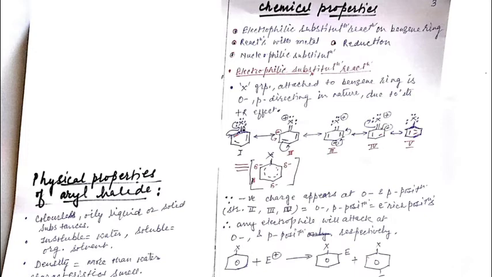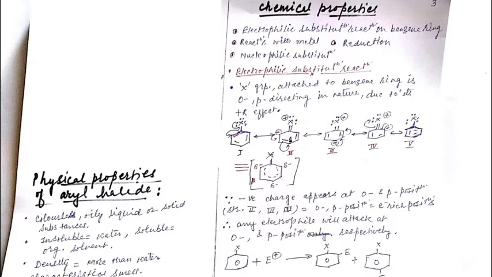Since the resonating effect of halogen is lesser than the resonating effect of benzene ring, halogen has plus R effect and benzene has minus R effect. So lone pair of halogen are shifted towards benzene ring and hence resonance started in benzene ring, and in this way we can make all these resonating structures. Step by step this double bond will shift from one place to another place and many resonating structures we can make.